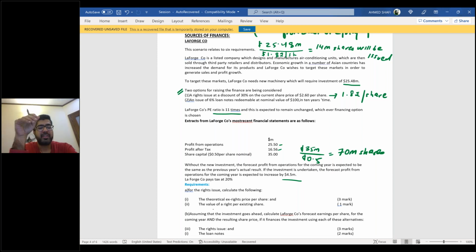For the right issue, calculate theoretical exercise price per share and value of right per existing share. Now, every student knows how to calculate TERP. Every student knows how to calculate theoretical exercise price per share. But in order to calculate it,